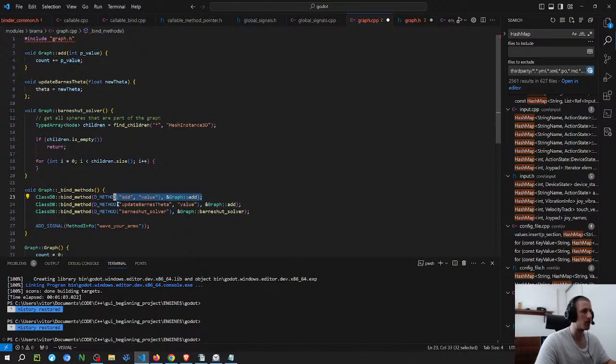I got this one from the example in the documentation, and here it is value, but then they put p-value. I think it doesn't matter that much, but it's kind of weird that it doesn't matter. I don't understand it very well because I haven't spent much time studying the macro to see how it works. The basic thing I understood is that the first one is going to be the name of the function, and whatever comes next are the arguments of the function. But I don't understand very well how it deals with the types.